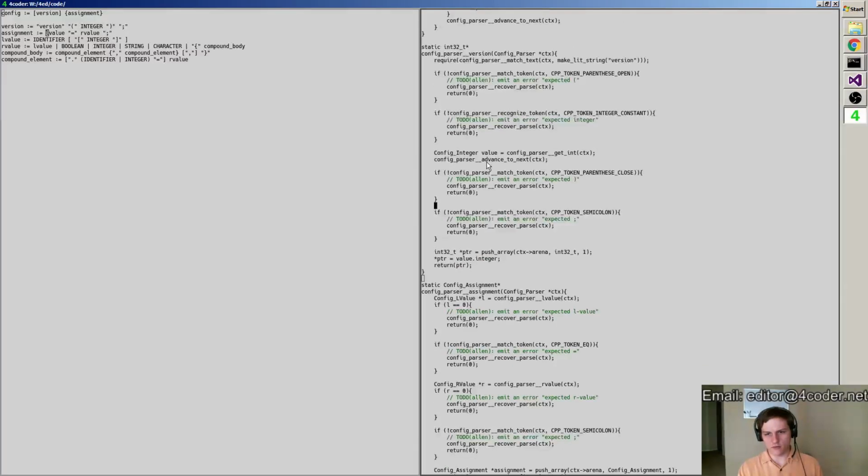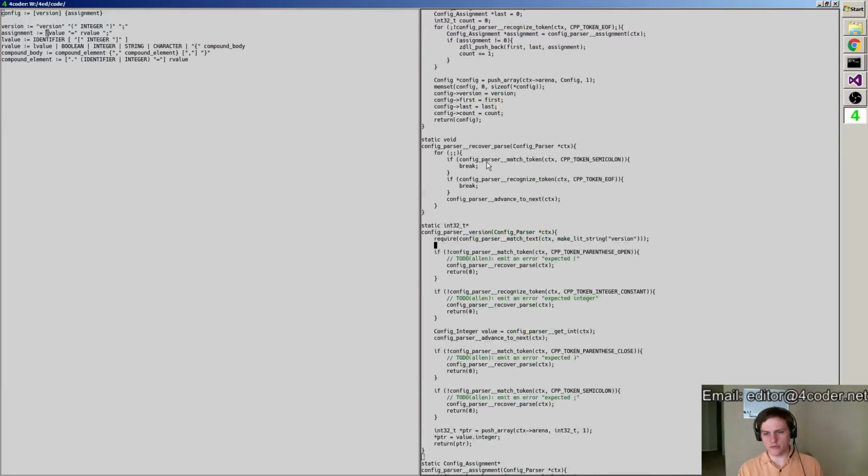We need to test it, of course. And we want to get these error logging things up and running. So let's write some usage code and figure out how I want this to look.